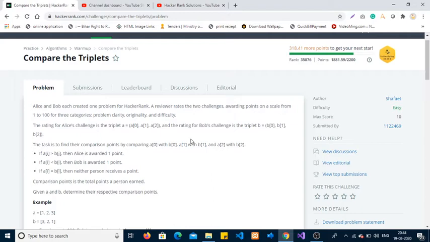I'm here to help you solve another problem on HackerRank. Compare the triplets. In this problem statement, you will be given a list with some values. First, let me read this problem statement to understand the concept and how we will solve this in an easy